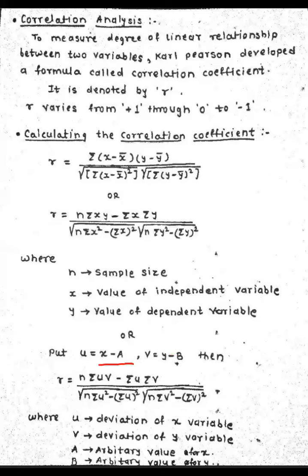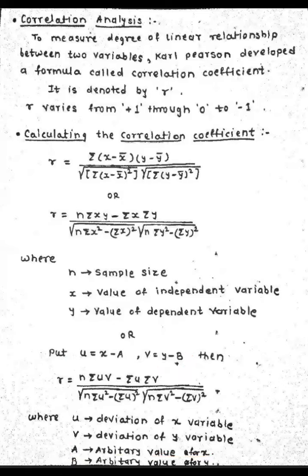So here the deviation happens only by putting the value of a, or by choosing the value of a. So a implies an arbitrary value. That means we choose one arbitrary value such that this x minus a becomes a small number. Similarly, choose one arbitrary value for y, denoted by b, and subtract it from the y observations, we obtain a small number